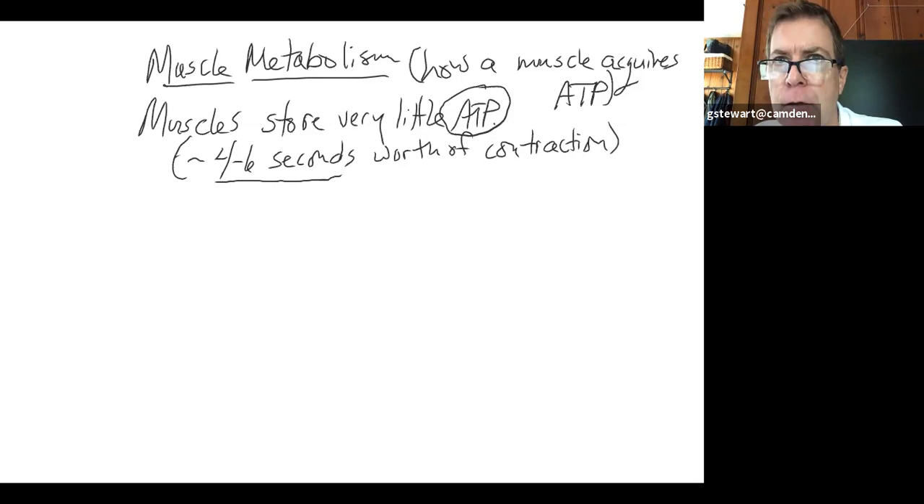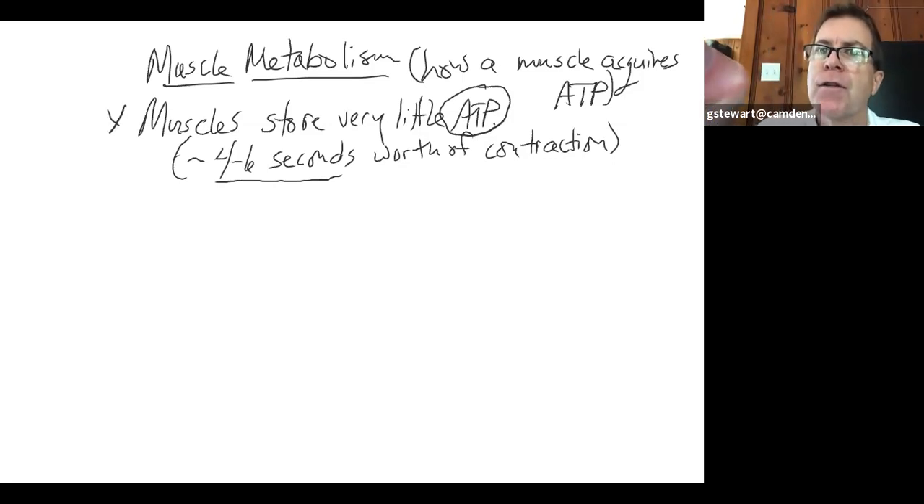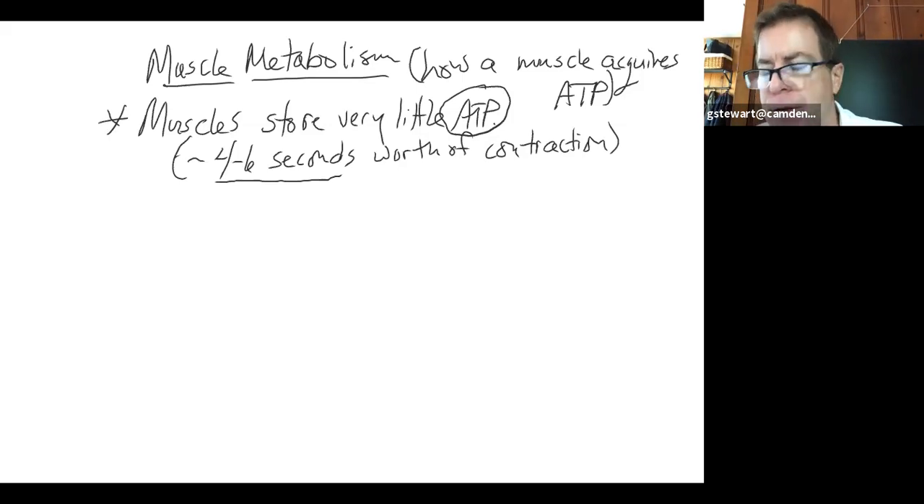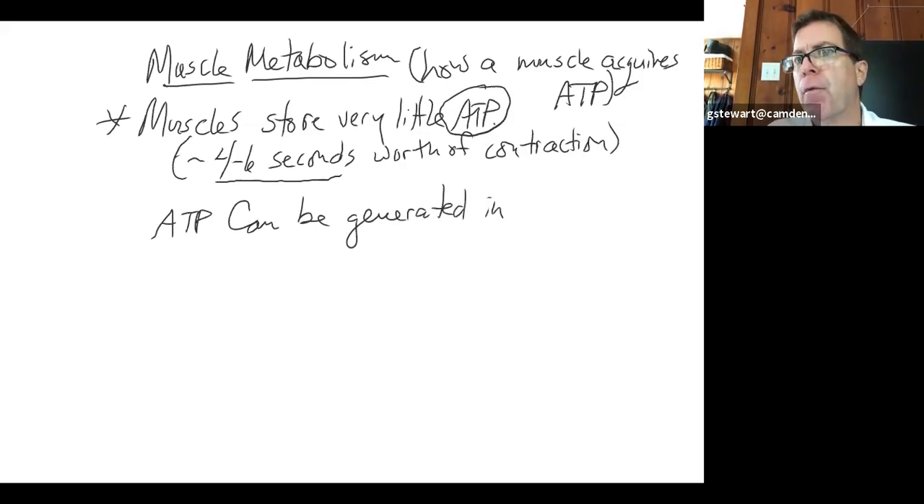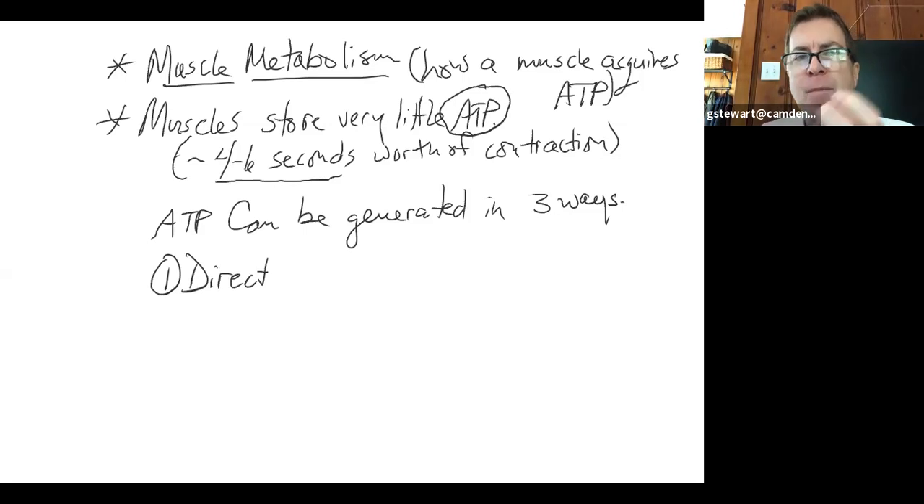Obviously, if we want to continue a muscle contraction for longer than 4 to 6 seconds, our muscle cells have to get ATP somewhere else, some other way. And ATP can be generated in 3 ways. That's what muscle metabolism is about. First, the first way, and by the way, a muscle cell uses these steps in this order. It's called direct